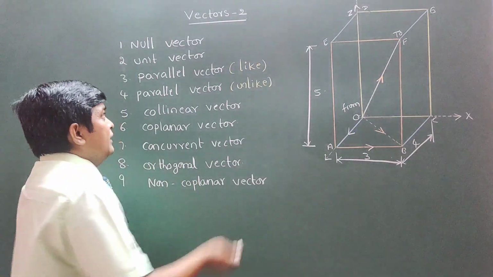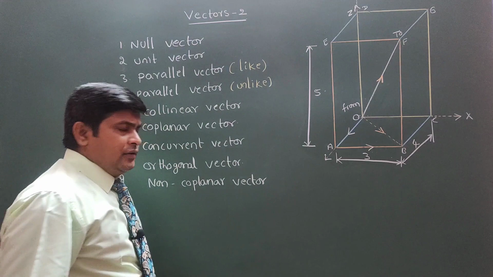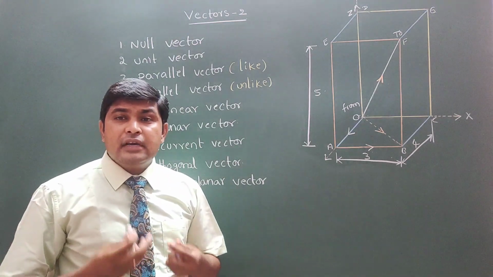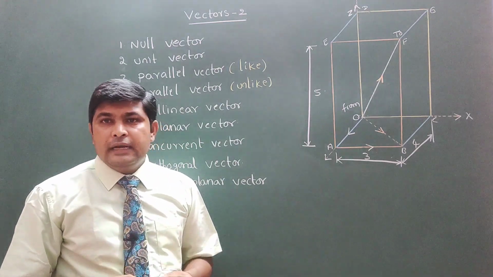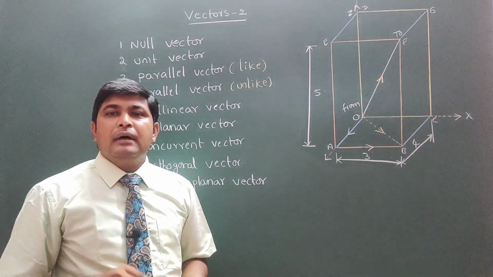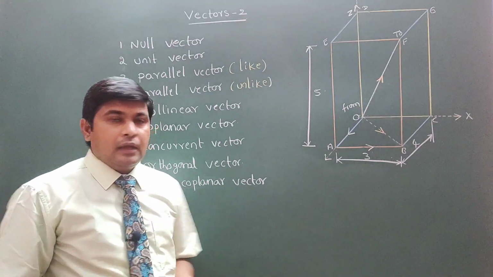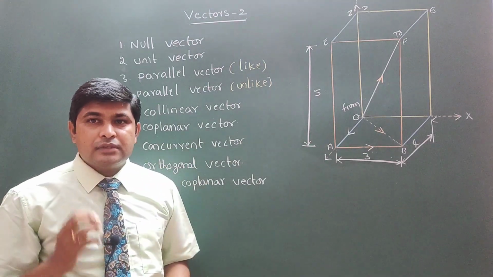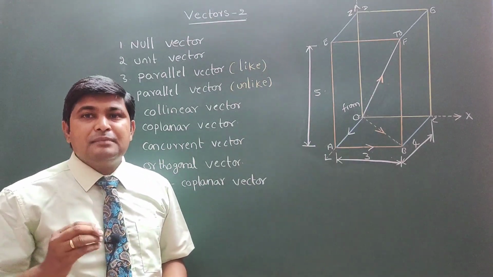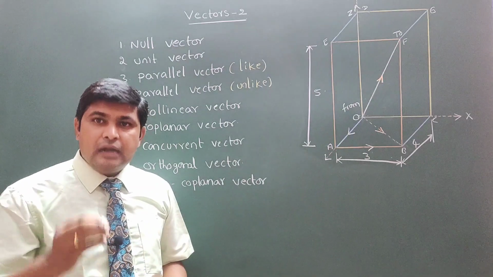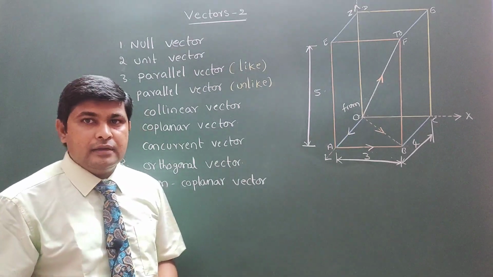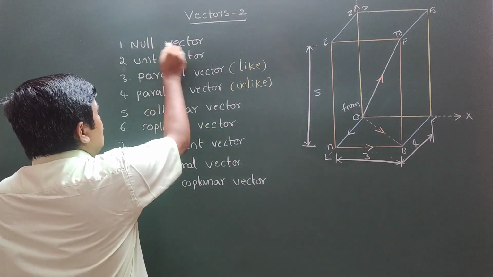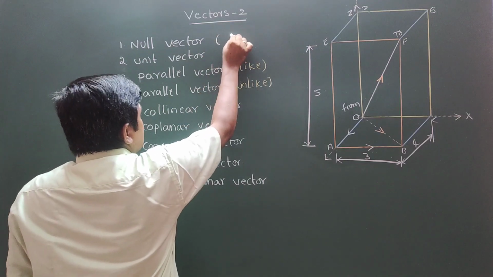You already know that whenever we say vector, it has both magnitude and direction. Whenever we discuss all these vectors, try to understand the magnitude of that vector and the direction of that vector. Here the magnitude of the null vector is 0,